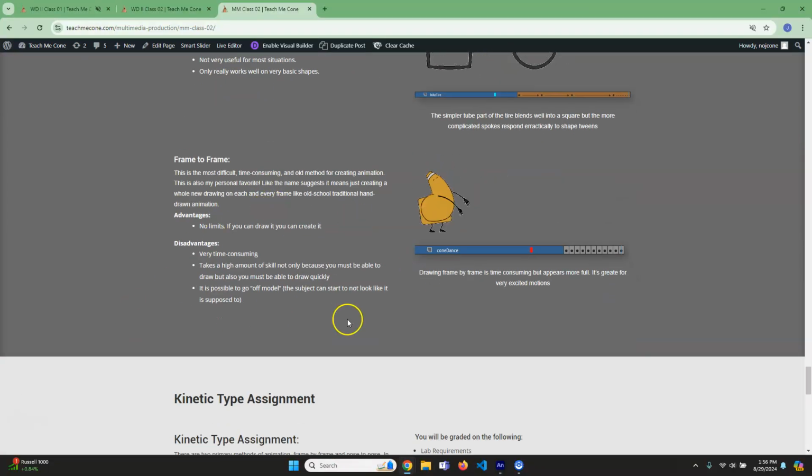Okay. The last method is just frame to frame, which is what we've been doing. You just create a new drawing every single frame, which is how I created this cone dancing guy. It's very time consuming, but it's also kind of the more robust. There's no real limit to it. But like I said, it requires probably the most skill, I would say, to some degree, because you have to be able to draw consistently from one frame to